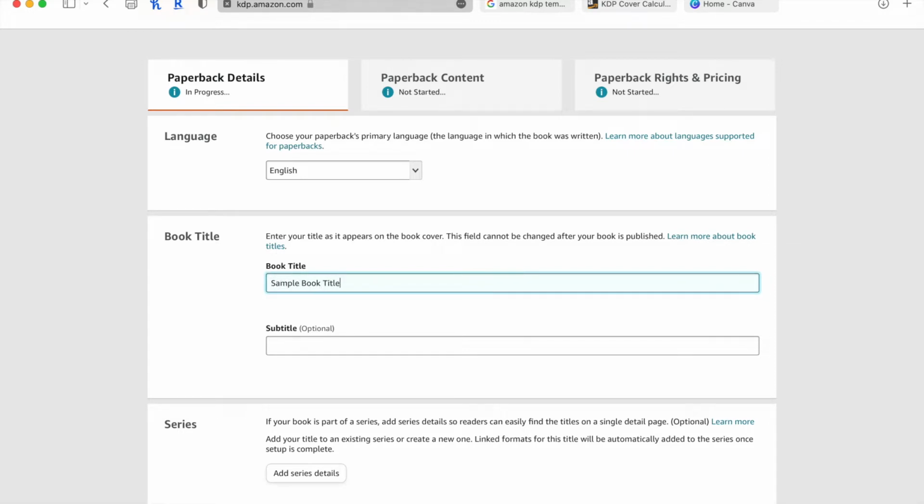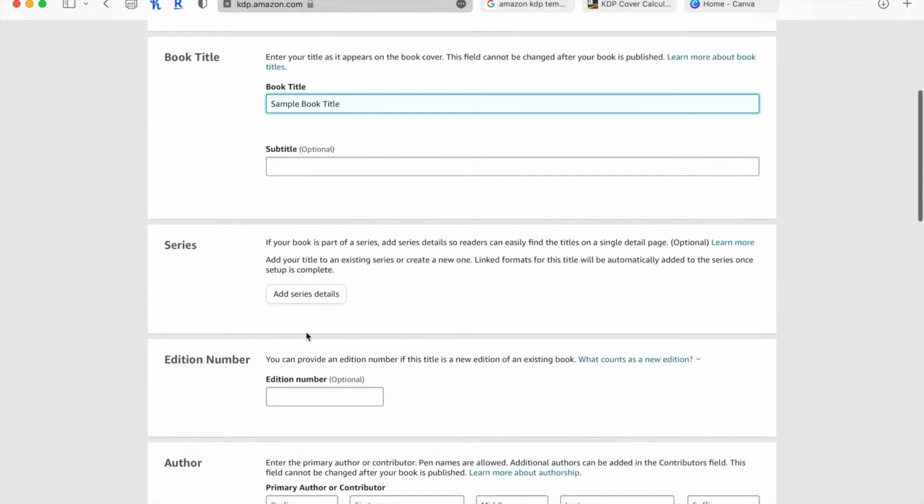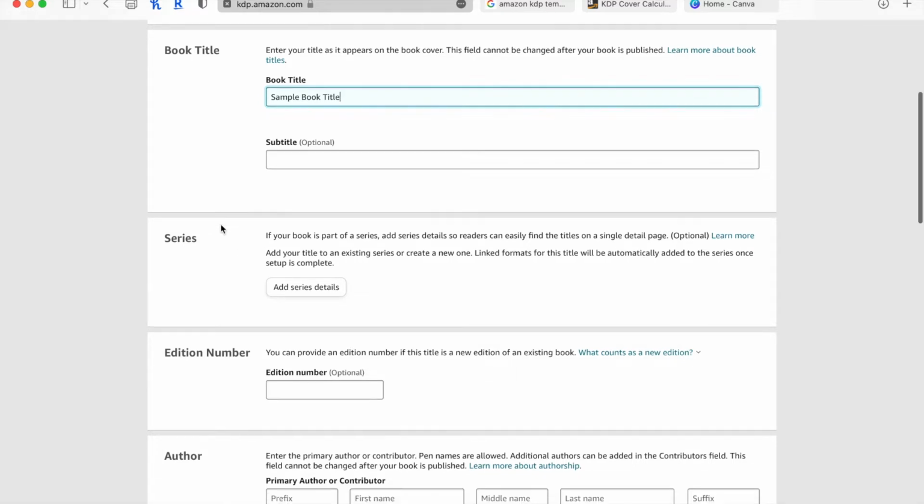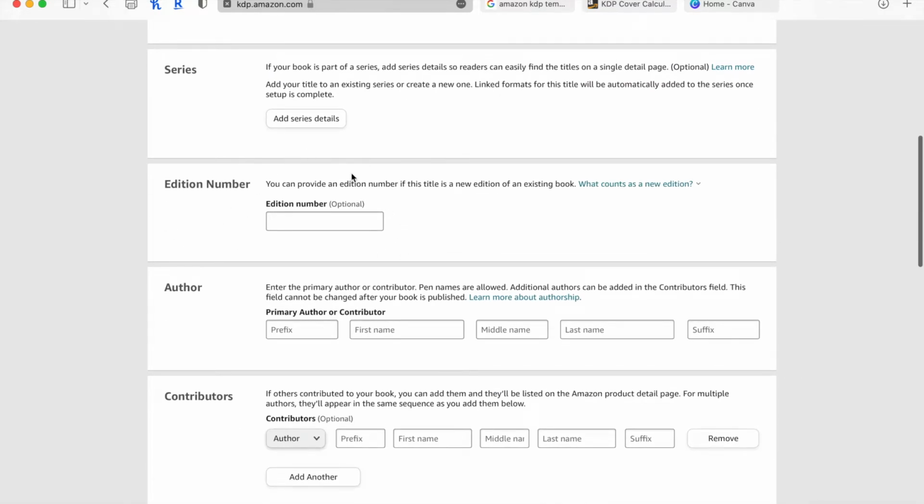Okay, so obviously you name it whatever you want, and if it has a subtitle, go ahead and put it here, but that is optional. Okay, series, if you're planning to write a series, like if it's Harry Potter 1, Harry Potter 2, Harry Potter 3, then you can add your series details here. But for purposes of today's video, we're not going to do that. Same with edition number. If there's an edition number in the book that you're writing, go ahead and add it